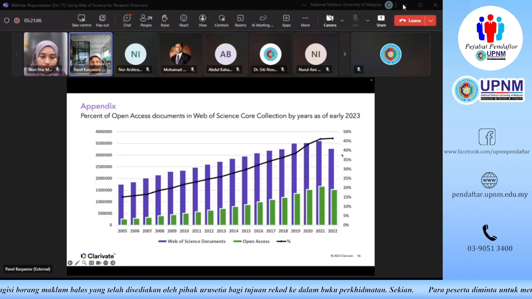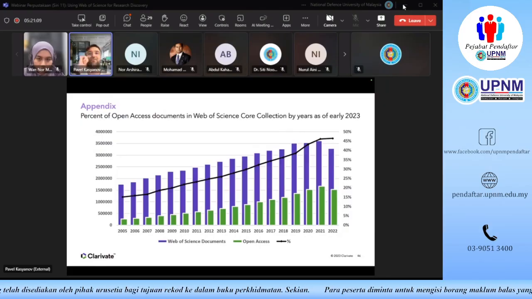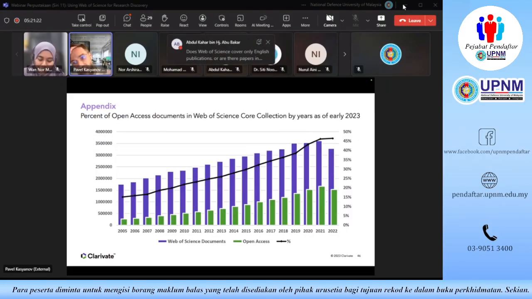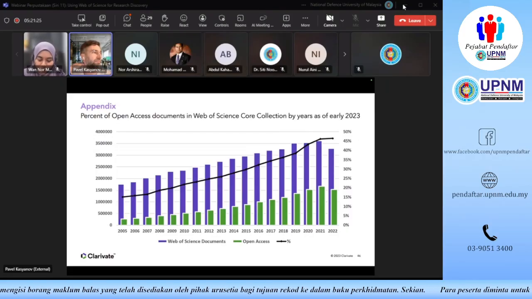This is approximately the share of the open access content in Web of Science. It is growing year on year. But as you can see, the largest part of the content in Web of Science is actually paywalled. A lot of journals that rank the highest in their subject areas are still subscription-based journals.